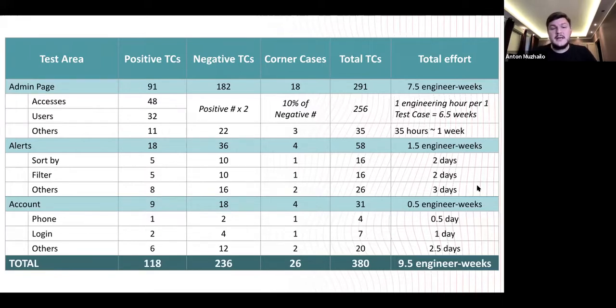Of course it's high level because I didn't much care about the details, right? I just put random numbers, like 1 engineering hour per 1 test case. In reality it might be 1.5 or 30 minutes, no problem. I just showed the logic: what do I use and how do I do that. So in general, we can see that it takes 9.5 engineer weeks. You can do completely the same for